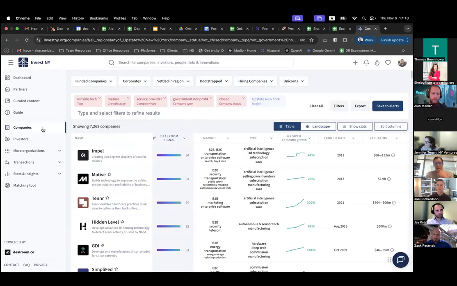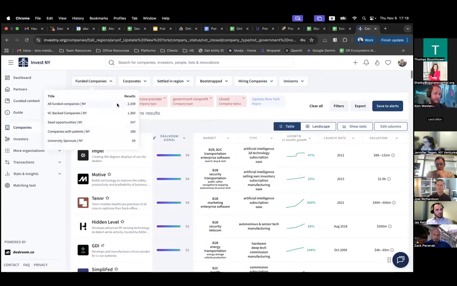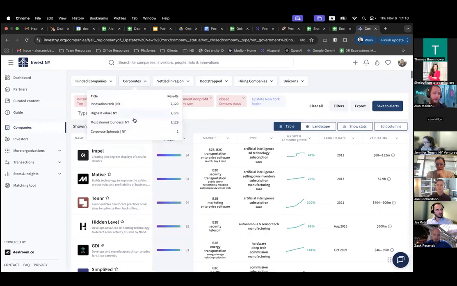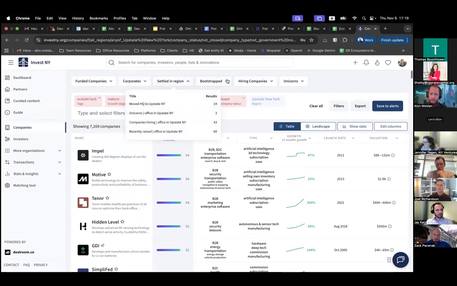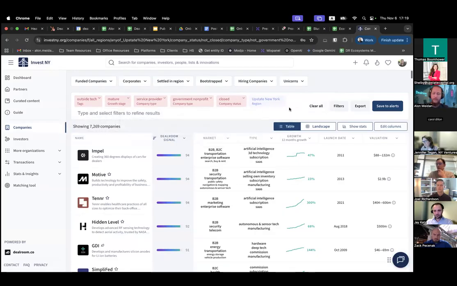The first tool I'm going to show you is the companies tool. And up in here, what you can see is the top of the page where we have some drop downs with, again, some suggested searches that can take you quite quickly to a specific search based on a bunch of different categories. We have our free search bar where you can type in any keyword or anything, and I'm going to show you that in a second. And then on the right-hand side, we've got our clear, to clear all of the data points that we have, filter, and export, which is not available through this platform.